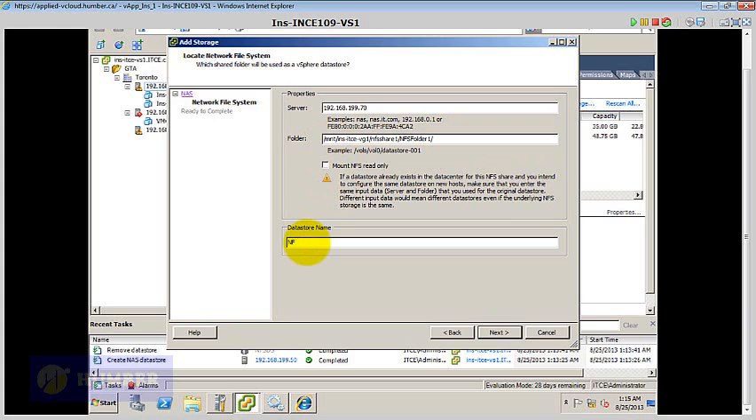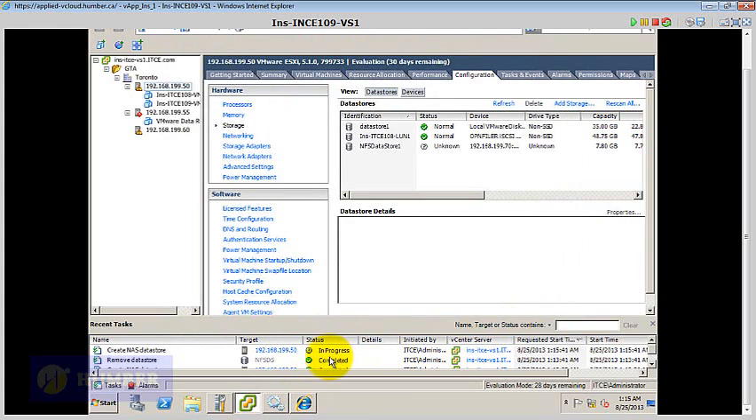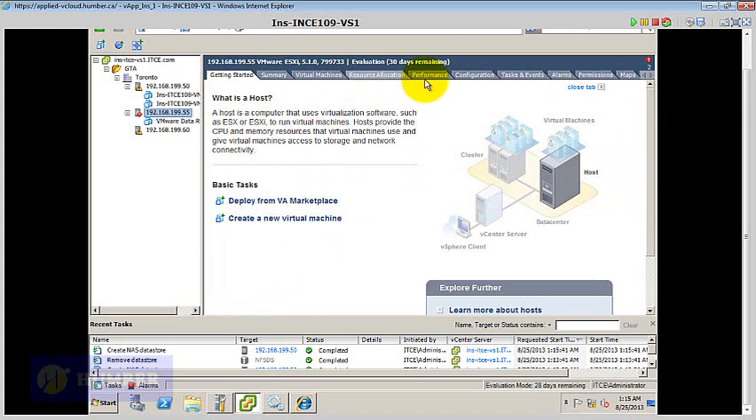Second, we need to name it NFS data store 1. You can name it anything, and next and finish. It will take a few moments in progress, and you know your share is ready. So it's simpler than iSCSI. You need to do the same thing